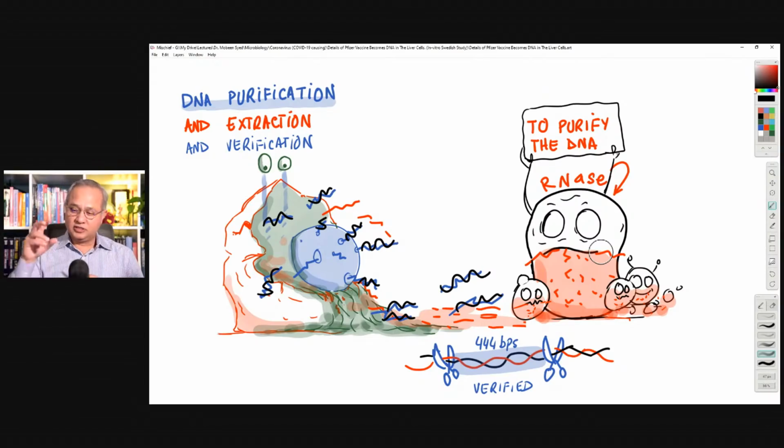RNase's job is to pick up RNA and destroy it. So now the genetic material is removed from the cell. That includes any genetic material in the nucleus and any genetic material in the cytoplasm, because we don't really know where the vaccine-generated DNA is. Is it in the nucleus? Is it in the cytoplasm? So you just take all the DNA, wherever it is, and then you remove the RNA, and now you have